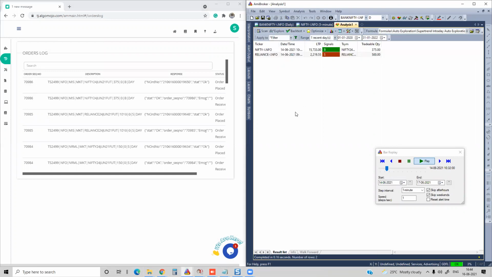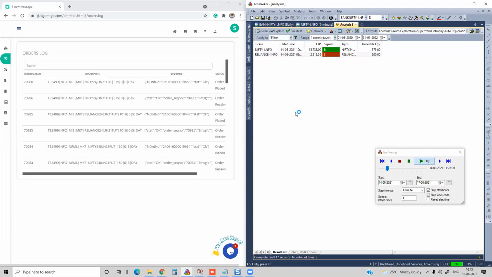Hardly it'll take 10 minutes to configure this exploration based trading setup. No signals yet for that particular day.